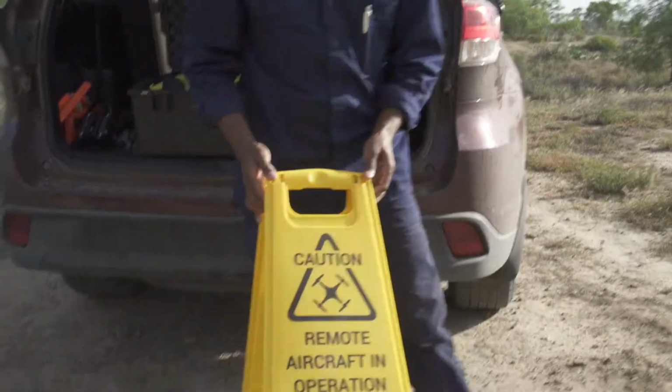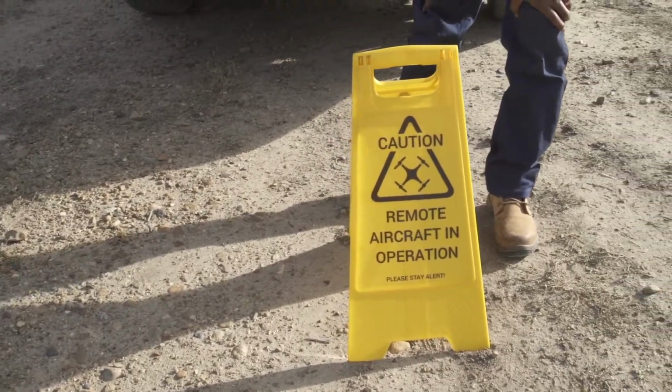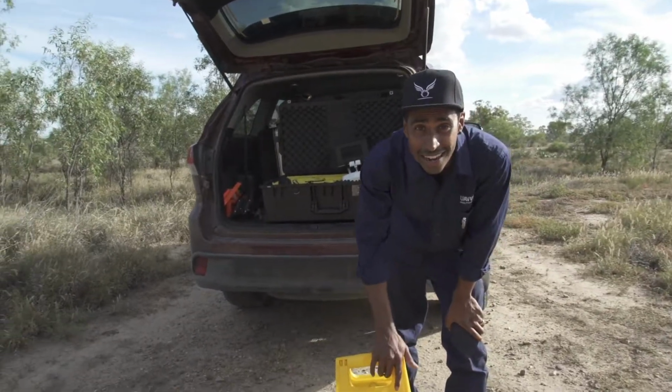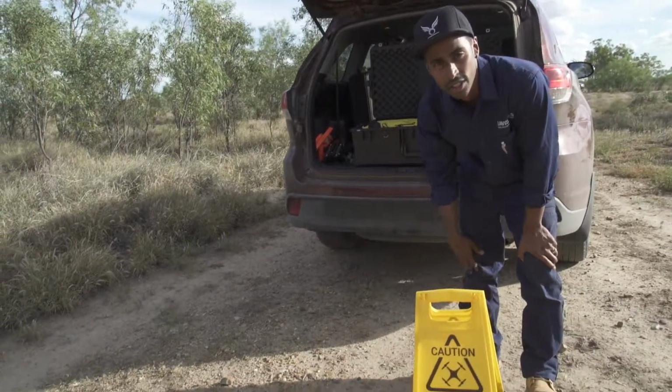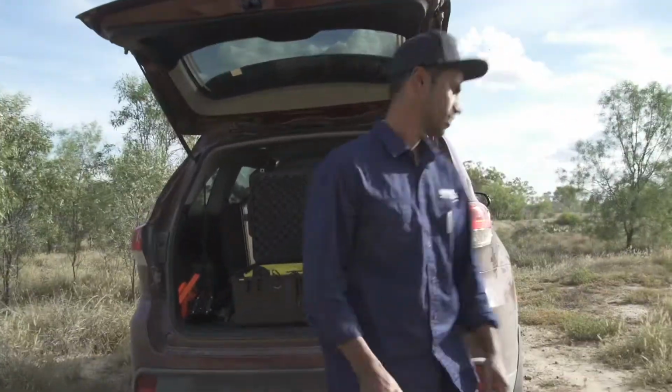Caution sign, use this as well, together with the cones to set up your exclusion zone and just to make sure that the general public knows that you're flying an aircraft, you're flying a drone in the area, and also to make yourself look nice and professional. Right,